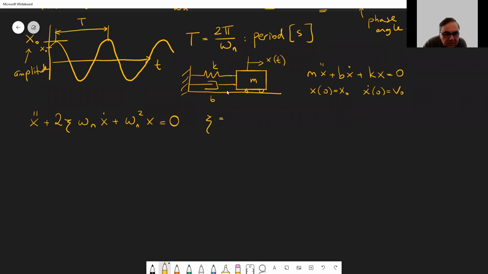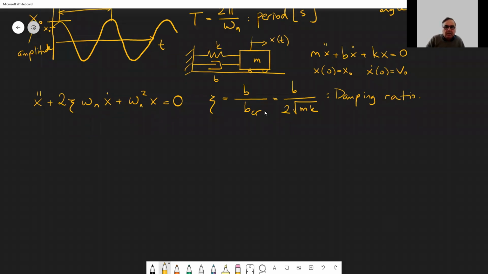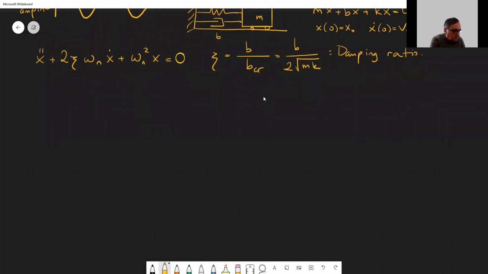Where zeta is the damping ratio, d over d critical. This is called the damping ratio, as you might remember. And for the underdamped case,